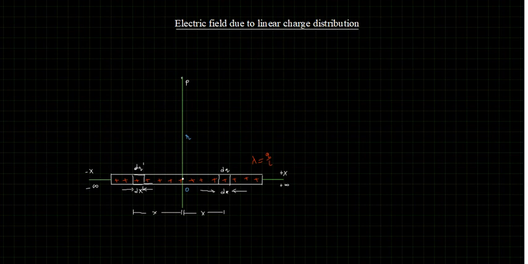Okay, so now what will these do? They will have their influence at P. If I place a test charge q naught there, what will you see? This dq charge is going to repel it, so definitely it is going to repel it like this. Similarly, dq dash, if I place a test charge q naught, will also repel it.